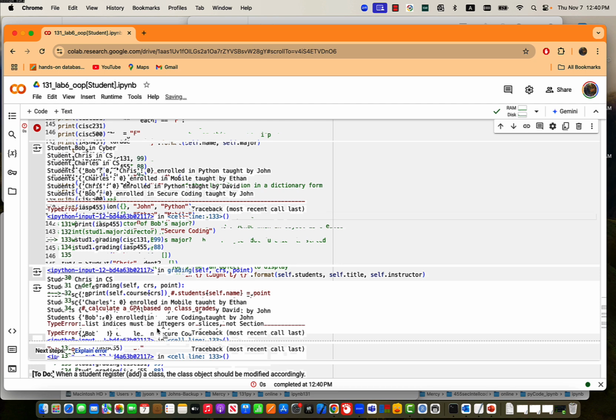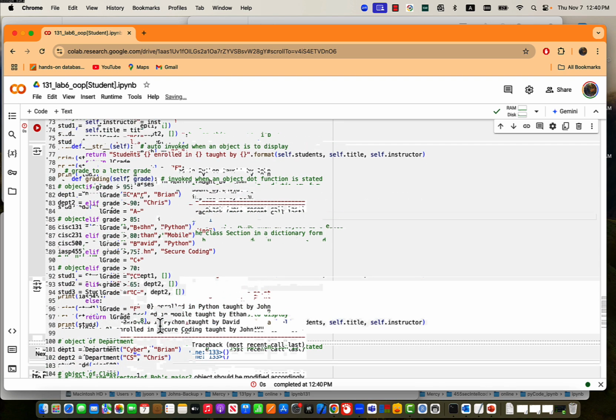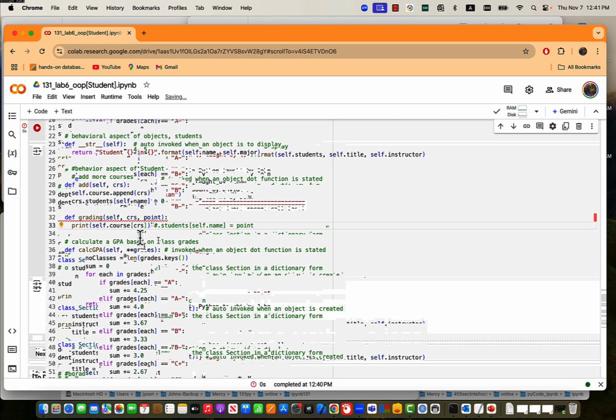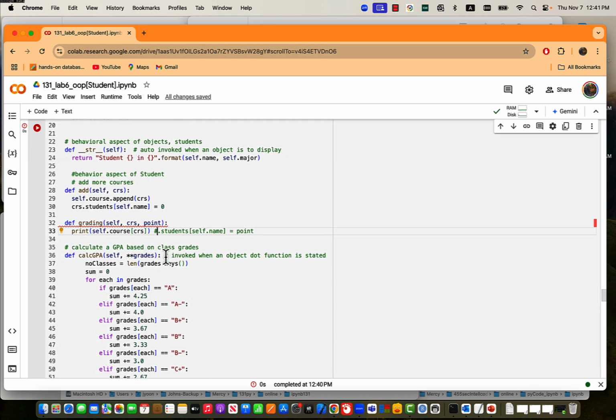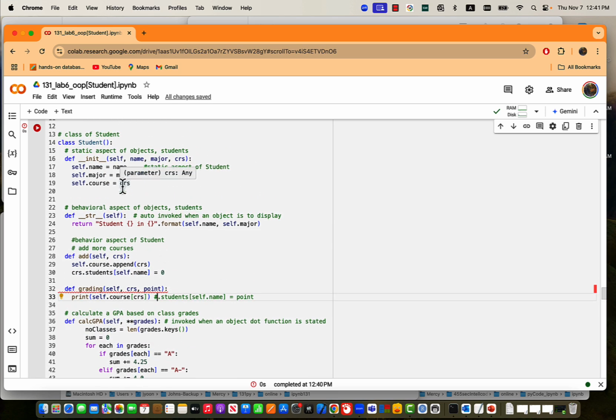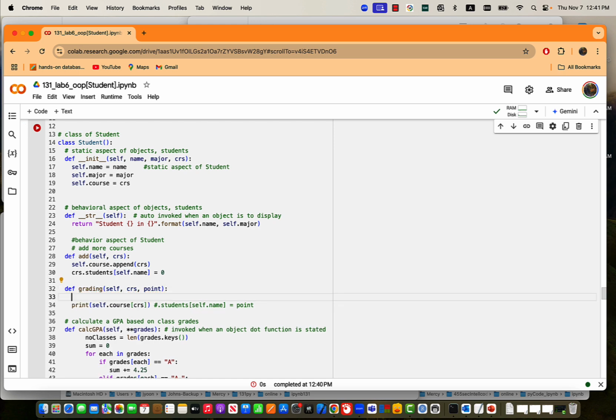List indices must be integer or slice, not section. Oh, that's right. So, right, it should be like this. So what we need to do is, because course is simply a list, a list can be accessed by index, not by course itself. So the way that we can show here is